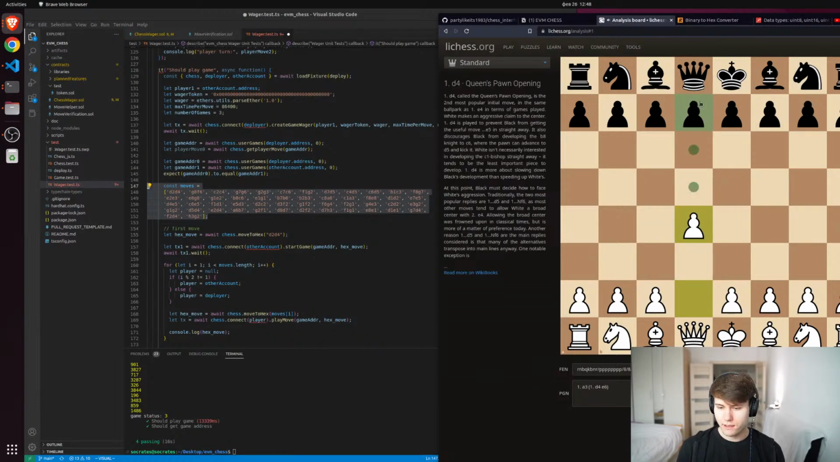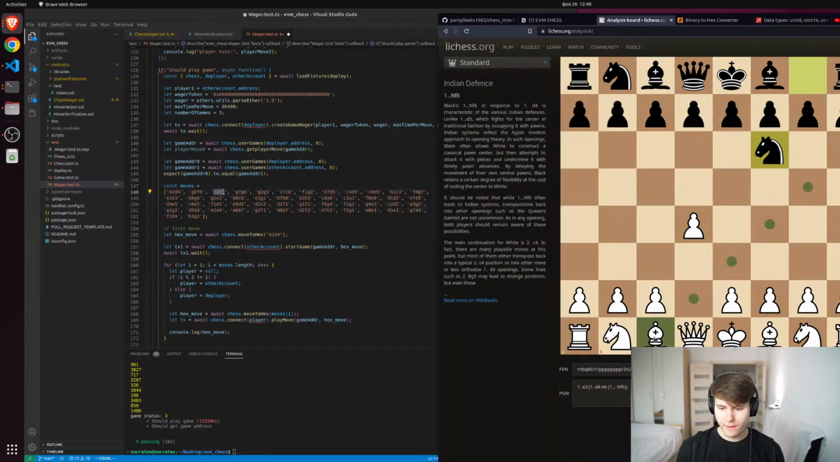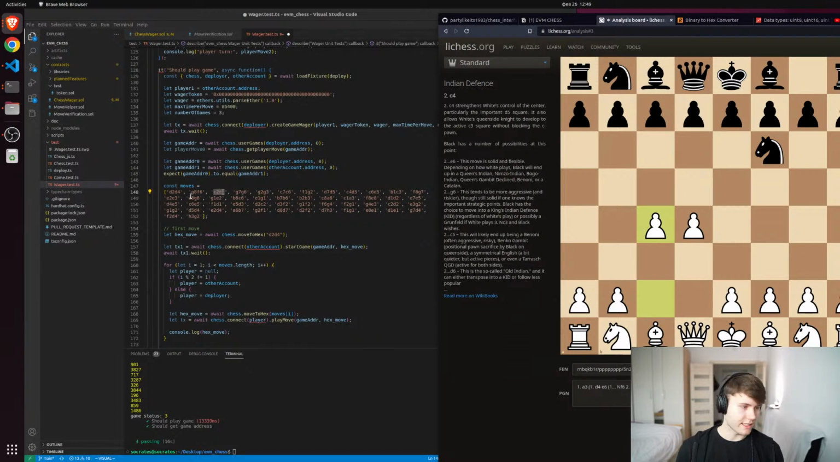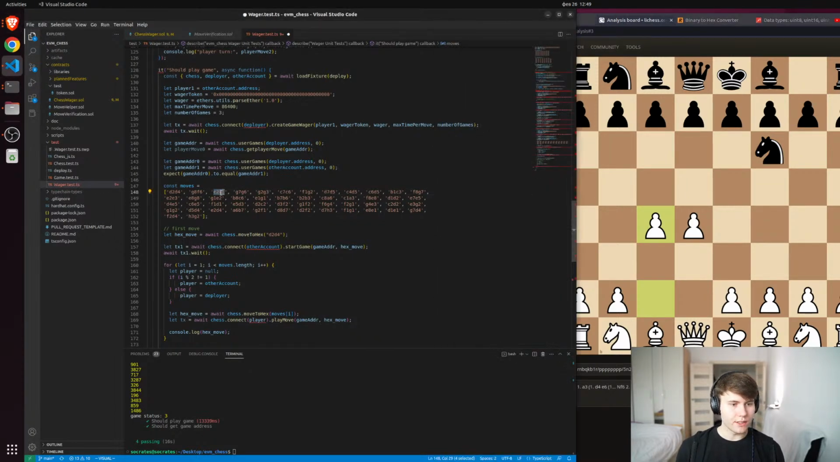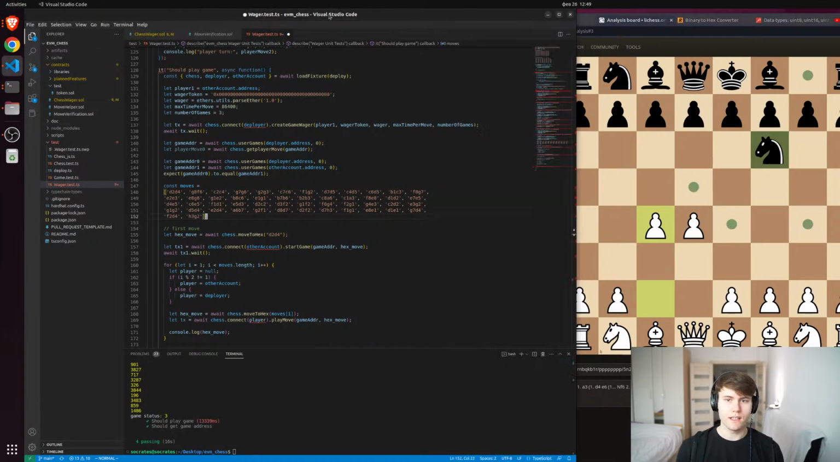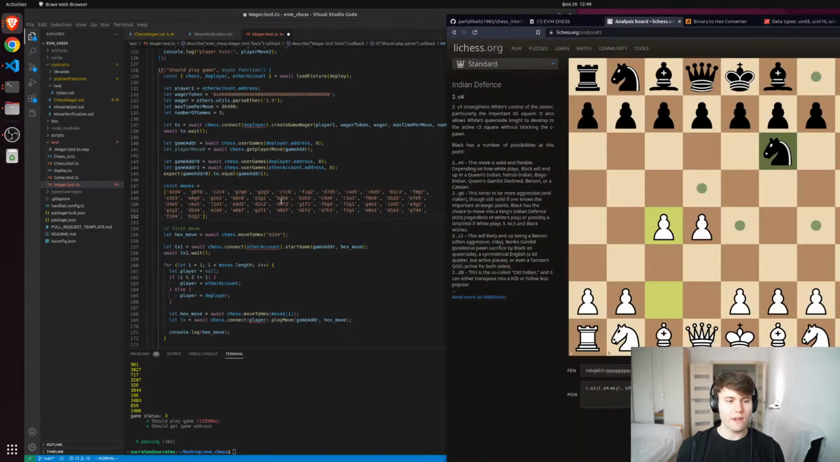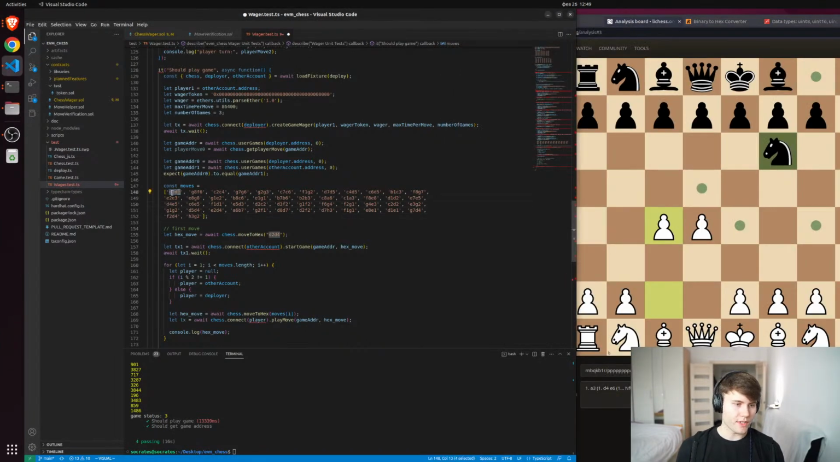G8, F6 would be this. C2, C4, and so on. And what I've actually done to make it easier is, instead of encoding all these chess moves as these low-level uint16 values, you just input, this